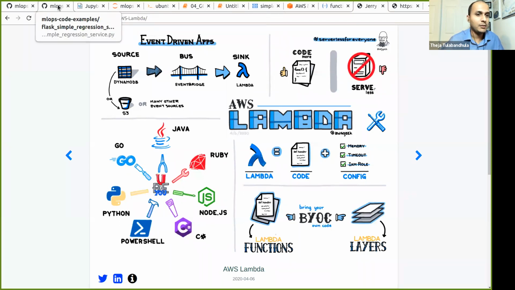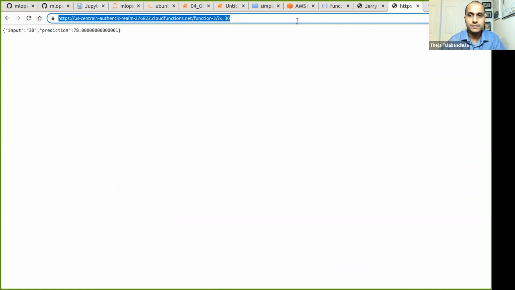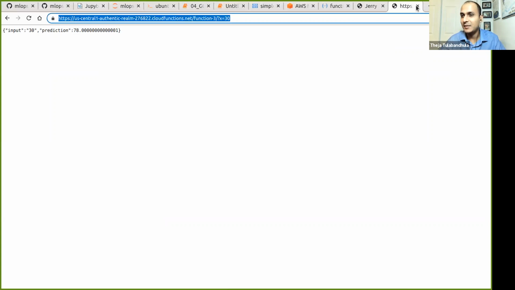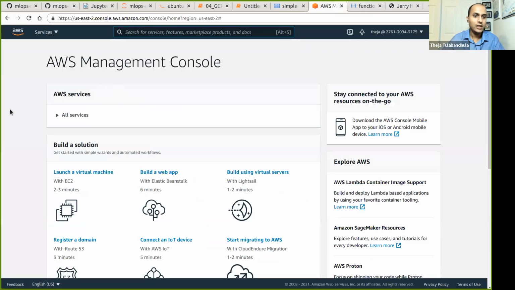I thought I opened AWS at some point. Yeah. So I hope at least one of you checked that this actually works. If you have, then maybe type it in the chat or tell me. But let's come back to AWS. So this is the console. I just logged in.